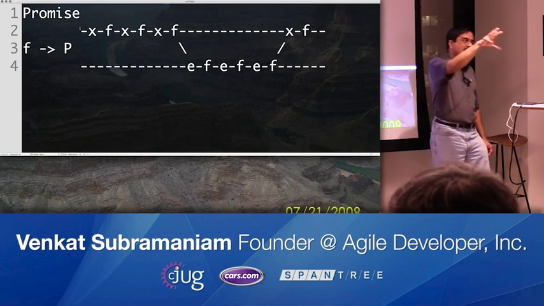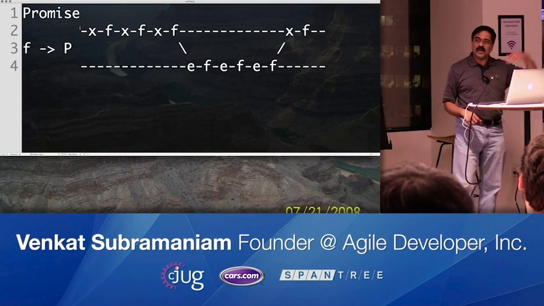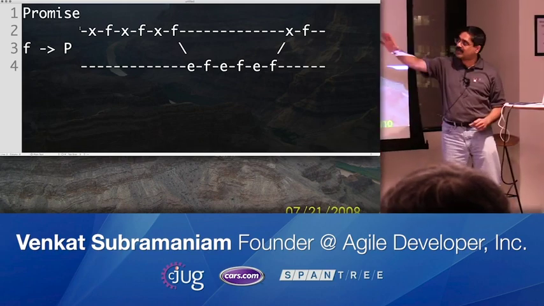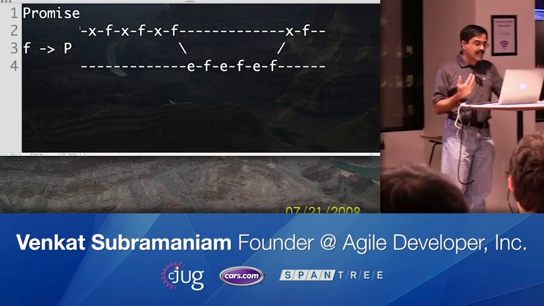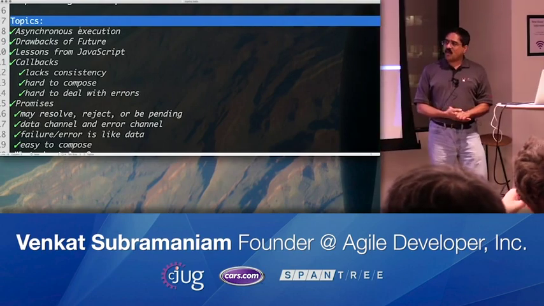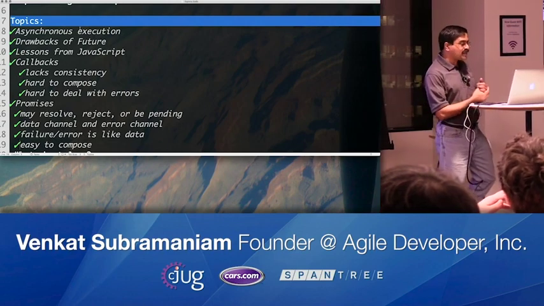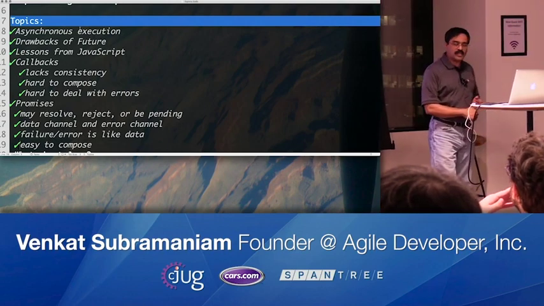So rather than throwing exceptions, you are propagating data, or you're propagating error, through the pipeline of functions from the left to right, and that becomes a really nice way to handle it. Now you're thinking, all right, that's all great, but why in the world are you talking about JavaScript promises? Well, this is one of the things that it took me a while to realize.